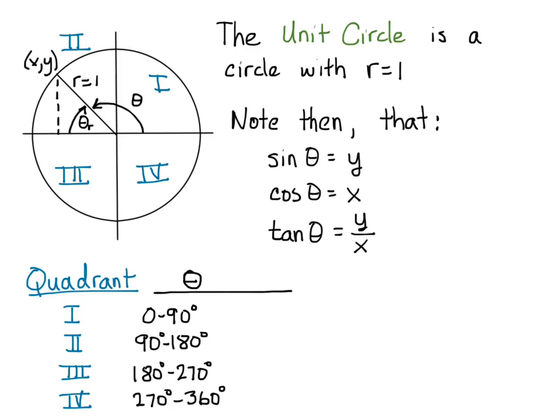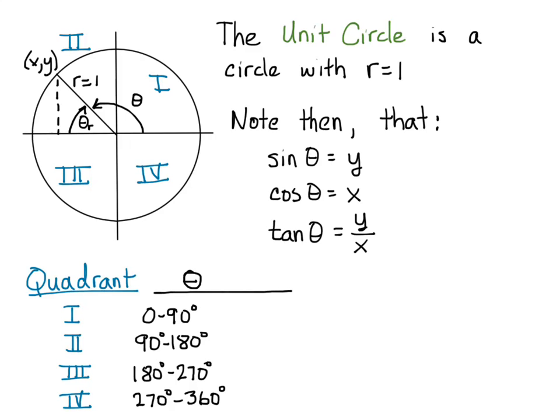In quadrant 2 it's between 90 and 180. In quadrant 3 it's between 180 and 270. And in quadrant 4 it's between 270 and 360. And this is going to, unless we're dealing with